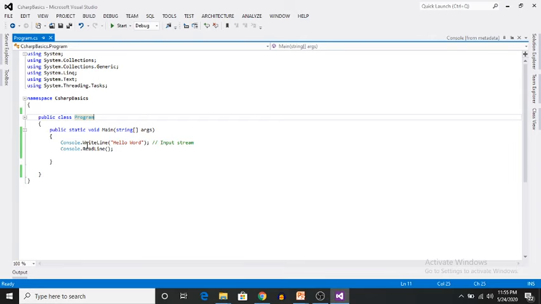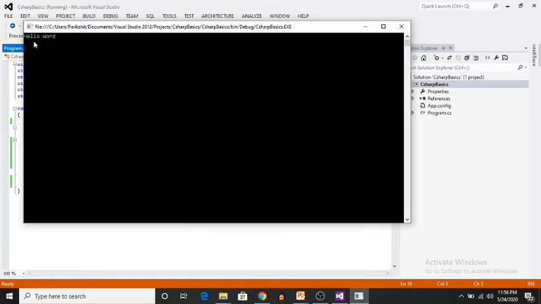Next, what does WriteLine do? It will display your output and move your cursor to the next line. Now I want my cursor to stay on the same line after the output.